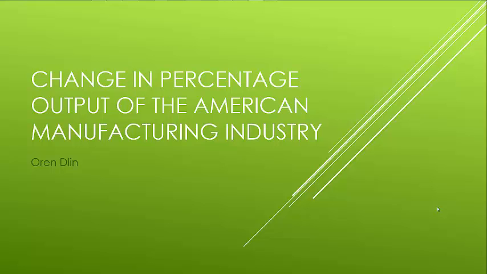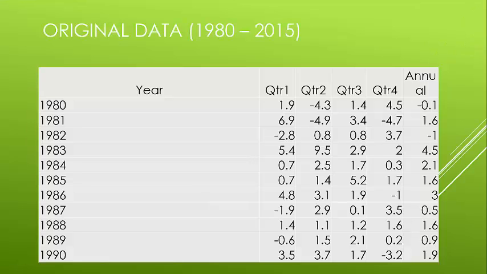Hi, this is Oren Dlin, and my report is on the change in percentage output of the American manufacturing industry. This is data that will just show you how the industry changed in output over the years from 1980 to 2015. And as a manufacturing company, we can then decide, compared to the industry average, how much output we want